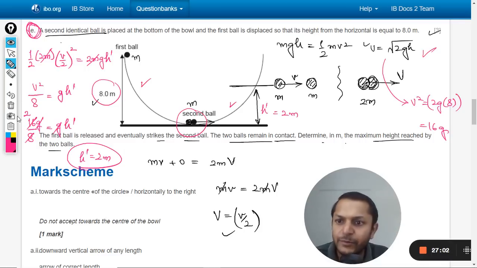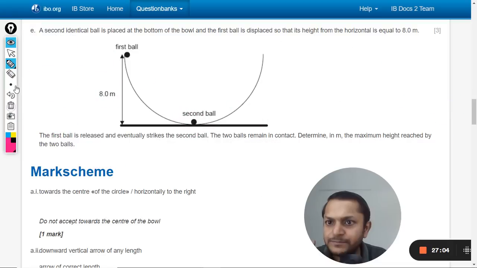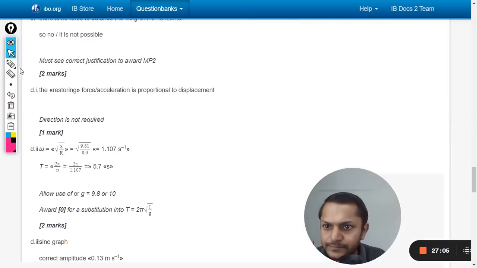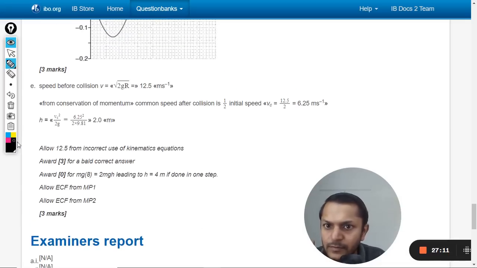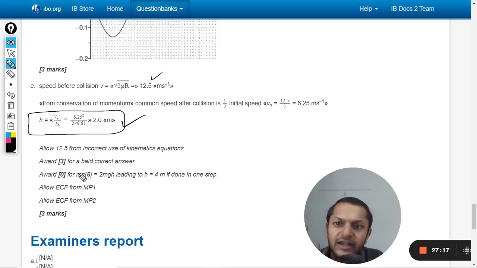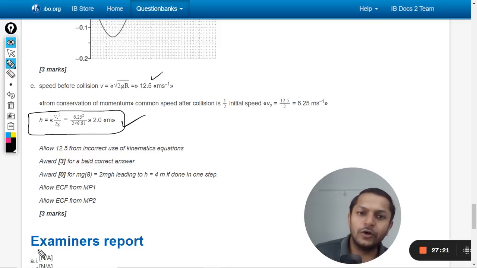So let us verify from the mark scheme. We are getting the answer 2 meters. Okay, so the velocity is 12.5. VC is this. So the height that we are again attaining is 2 meters. No doubt about that. So I believe that